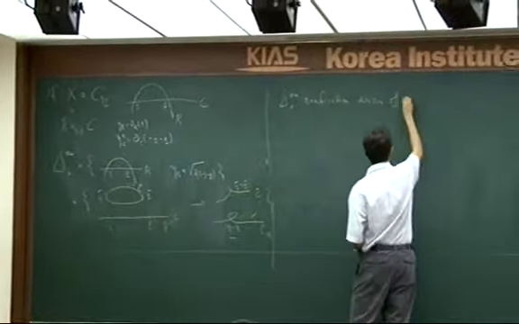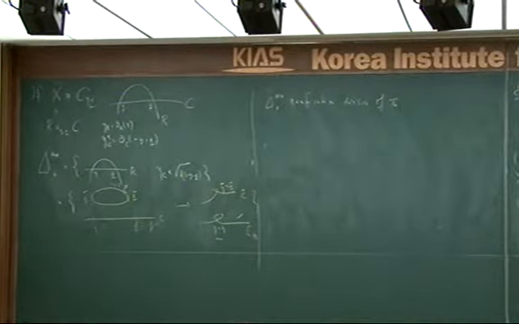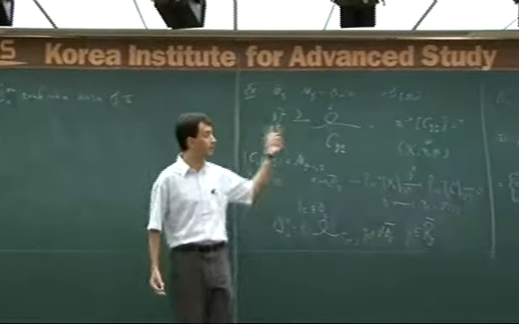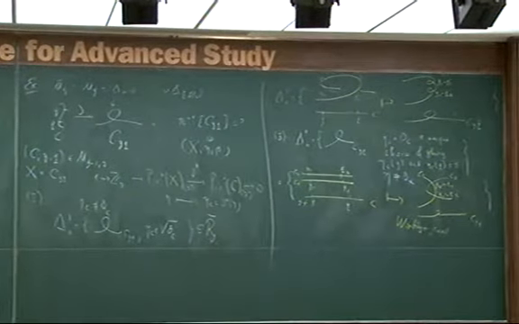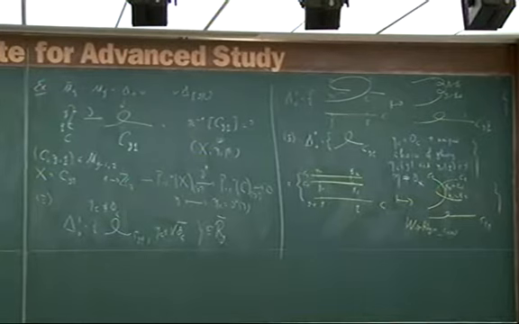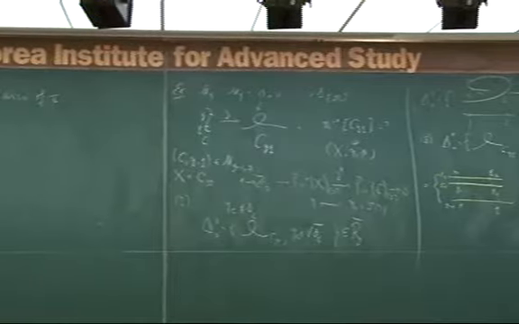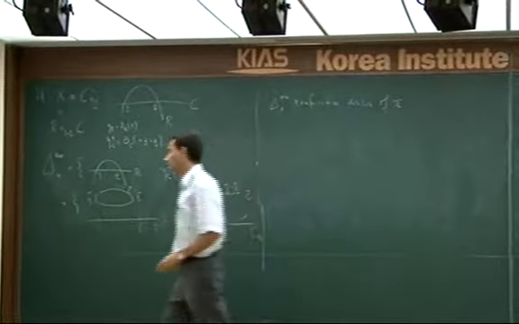You can also see this if you count how many points in the fiber you have over the 3 divisors. Over delta 0 double prime, you clearly have 1. Over delta 0 prime, you have the ways of choosing a root of O, which is 2 to the 2G minus 2, minus 1, multiplied by 2. And here you just have roots of these bundles, which is 2 to the 2G minus 2. Then to get the total number, which is the degree of pi, you have here simple ramification. That is a kind of simple-minded way of convincing yourself that this is the ramification